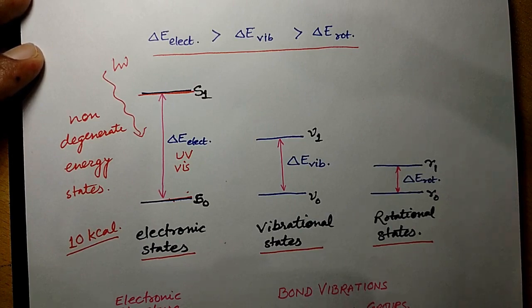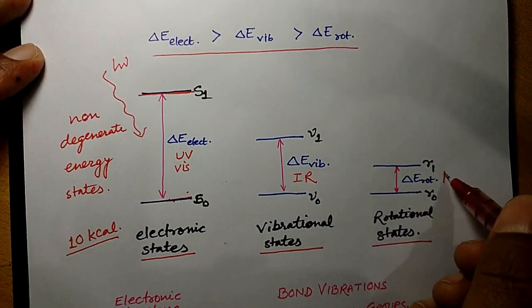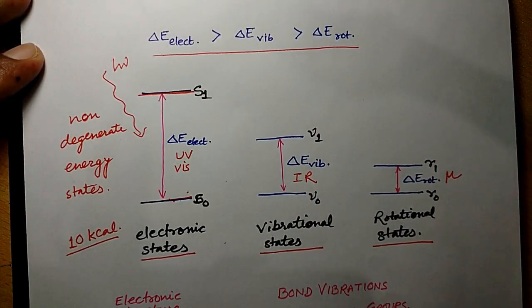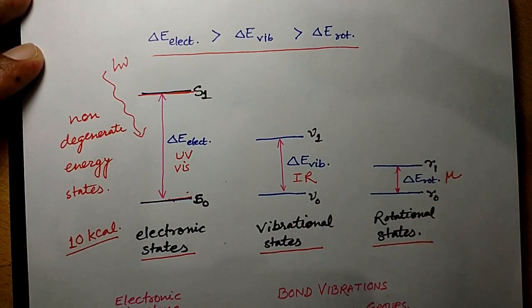Similarly, IR and microwave offer suitable energies for vibrational and rotational transitions to occur. It is further important to note that electronic transitions offer information about unsaturation and conjugation in organic molecules,